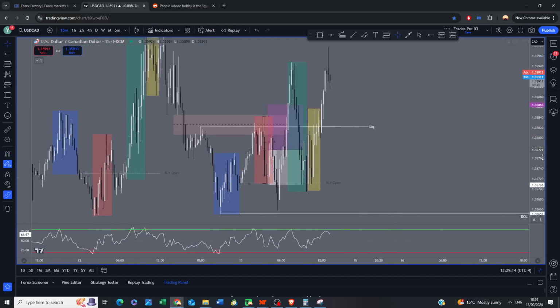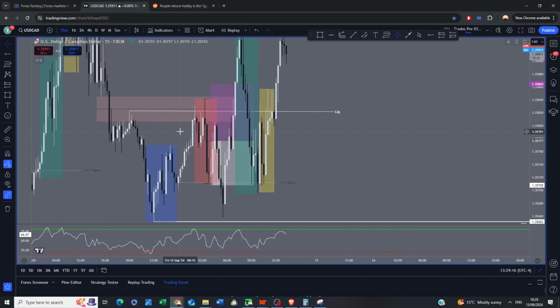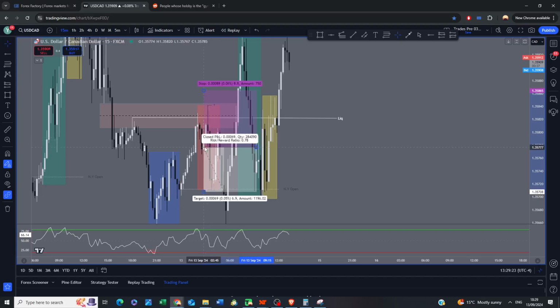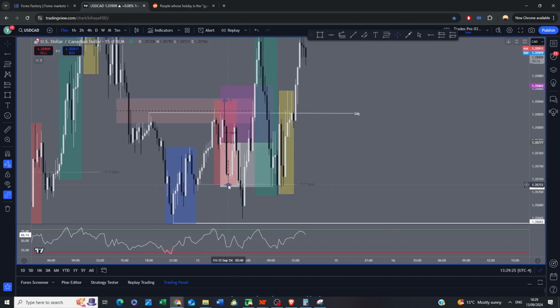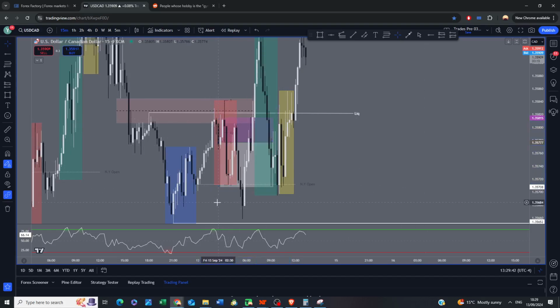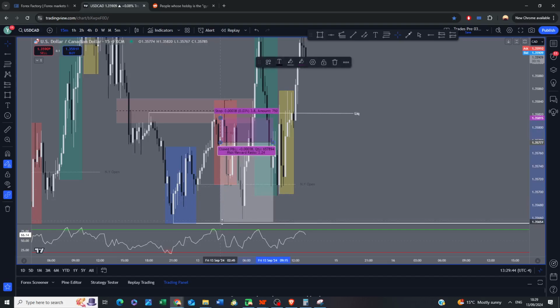This is how the trade played out. I should have placed my entry at 618. It would have given me a better risk reward, but it's fine, it is what it is. And then I took off target one around these lows, somewhere around here, 1.3570, and then I moved my stops above this high, just above this order block here,